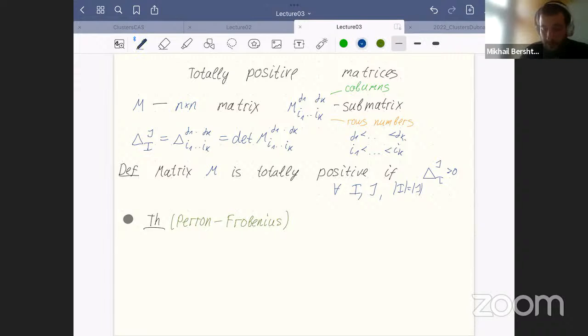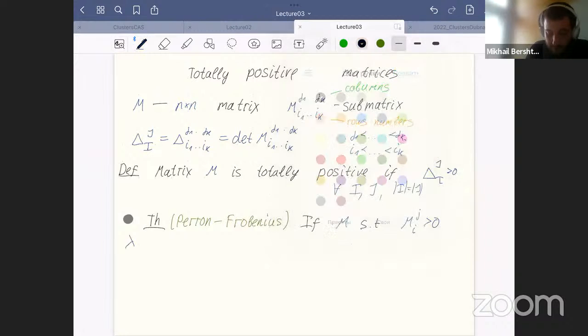If M is positive, so M is such that all matrix elements M_ij are greater than 0, and let lambda be a maximal